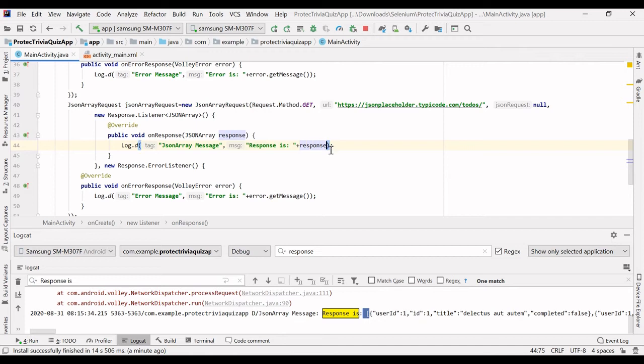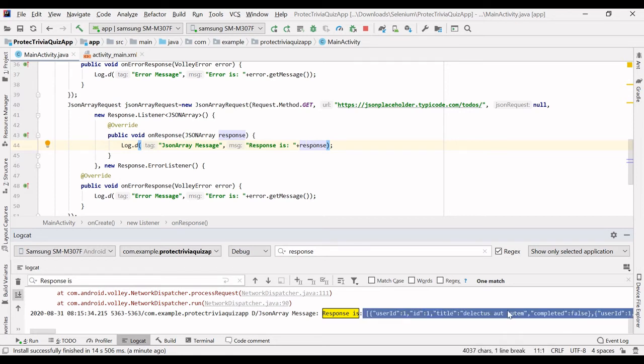I will show you how we can get any particular JSON object from this JSON array. If we want to get the title and only the ID from each and every object inside this JSON array, right?